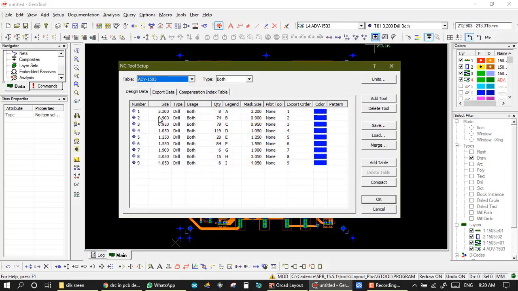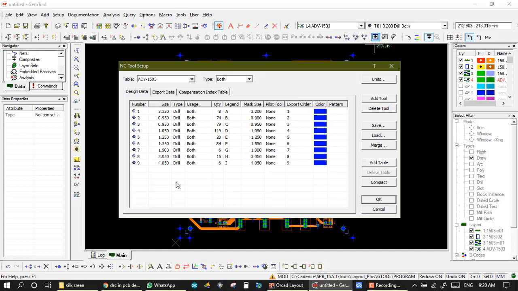If this job is single side, then we add 0.05, so this tool becomes 0.05 plus 3.2, equal to 3.25. The next bit becomes 2.9, and the following bit becomes 0.95, like this.